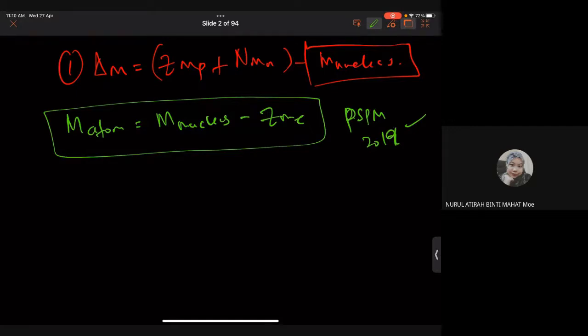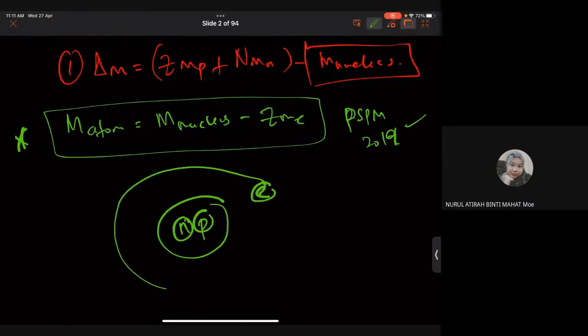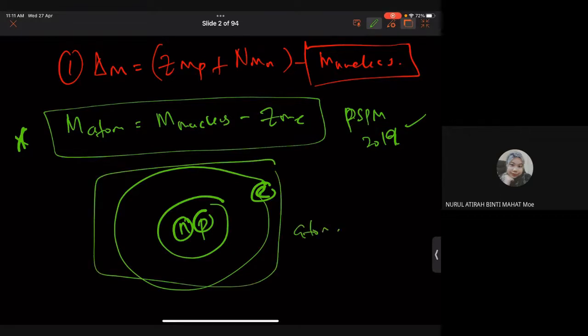So you ada nampak soalan ni. So yang ini kena hafal lah. Mass atom ni tak ada. So apa, ingat tak beza atom ni dia ada neutron dengan proton di dalam nukleus. Elektron duduk kat luar. Dia orbiting dia nukleus. So ini kita panggil dia semua ni kita panggil dia atoms. But in your equation, they ask is nucleus not atom. So that's why you kena minus Z M_e. So that's why you kena tolak lah elektron. So you akan dapat mass of nucleus.